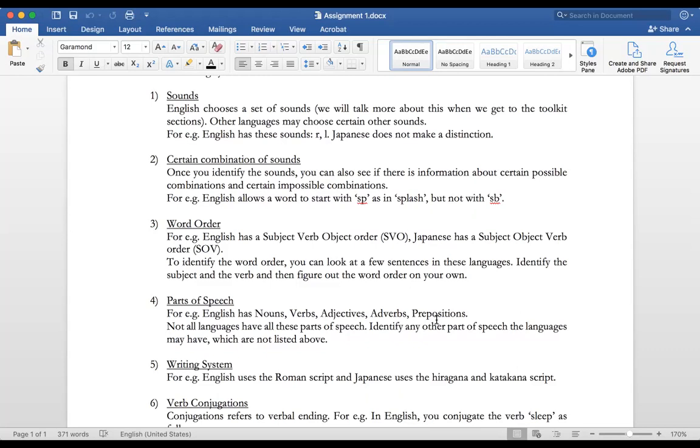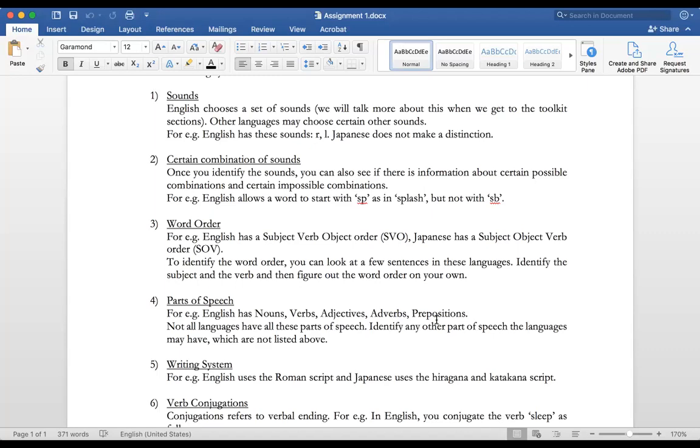So that's a subject, verb, and object word order. But the same sentence in Japanese has a different word order. So Japanese has a subject, object, verb word order. So John, Mary loves. That's how you would say this in Japanese. So again, a lot of the grammar books will tell you upfront that, say you're choosing something like Filipino, Tagalog, or something like that, it will tell you that the word order of Tagalog is subject, verb, and object, right? So that's all you need to do.